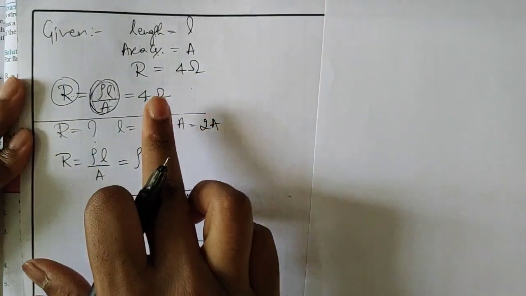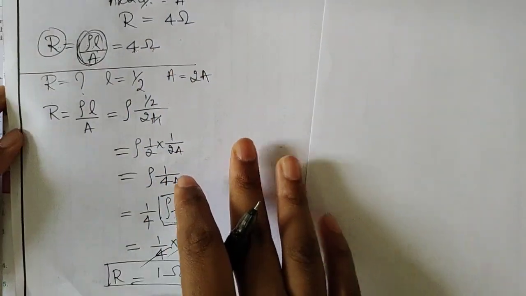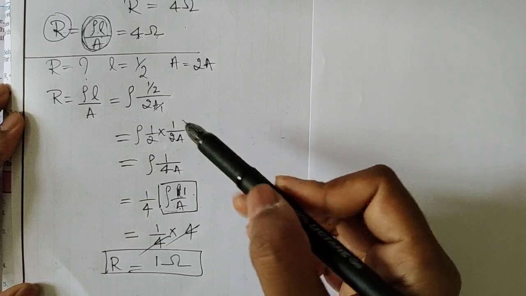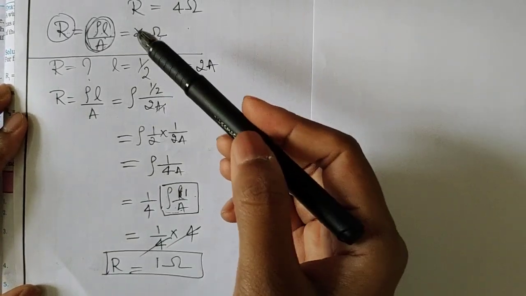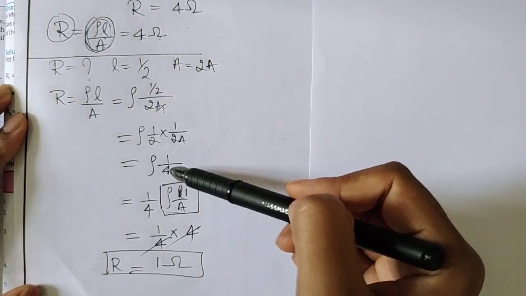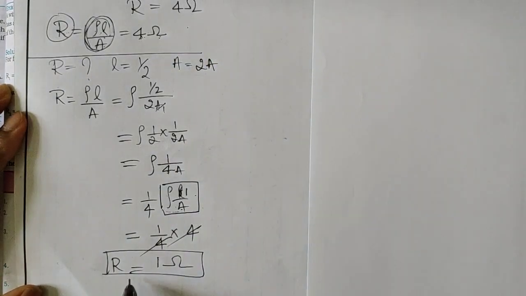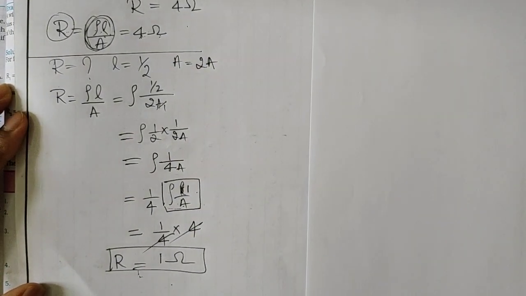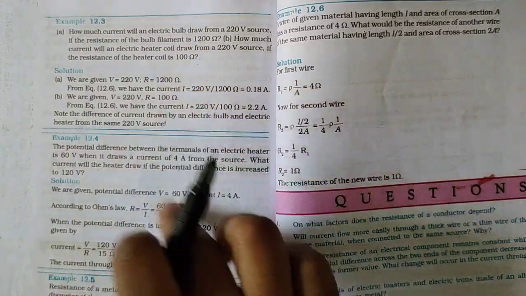So this question contains 2 parts. First you need to analyze and conclude it properly. Later on, take down the given data again and do it properly step by step. You need to always know how to connect what they are given, that means the connection from this part to this. Then we can substitute that 4 here. Then we got the answer as R is equal to 1 ohm. We solved 1, 2, 3 questions.